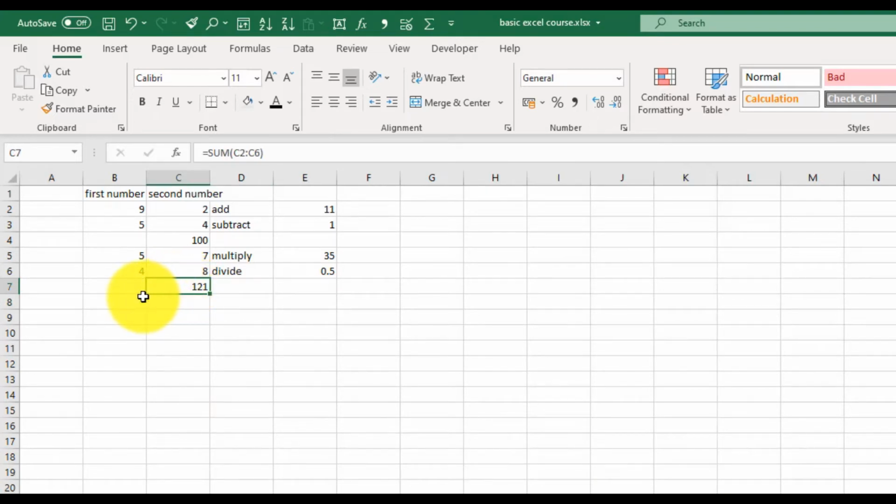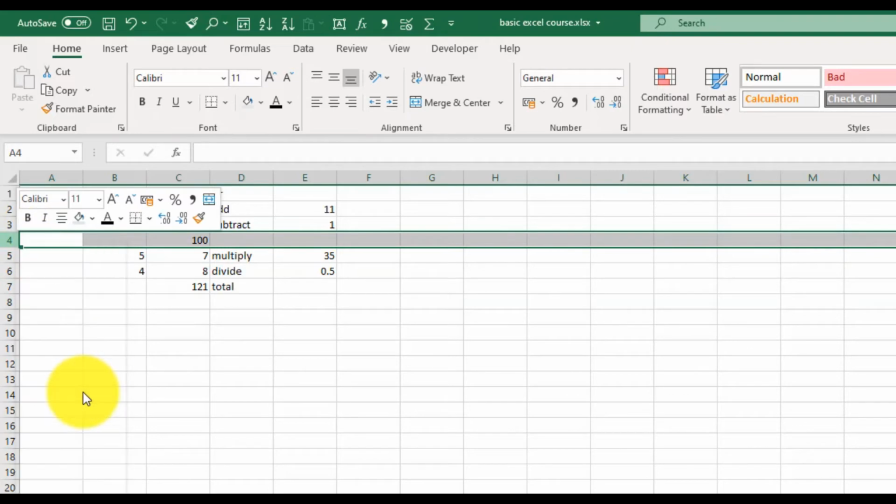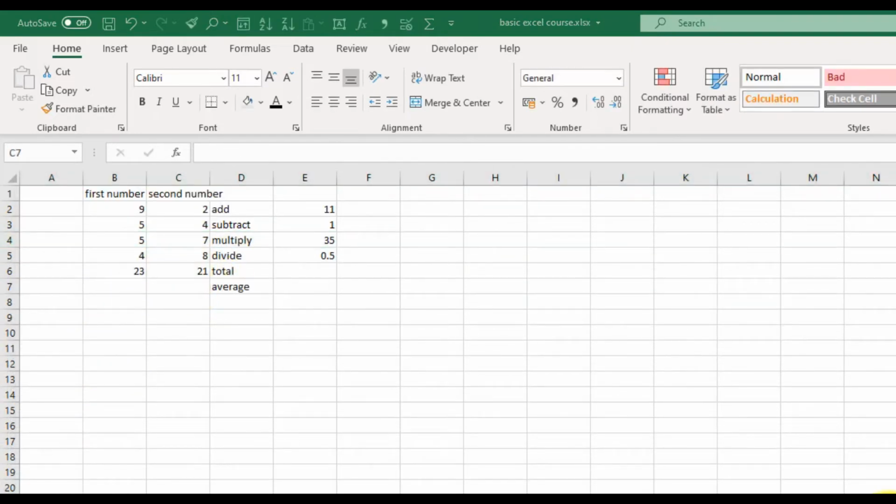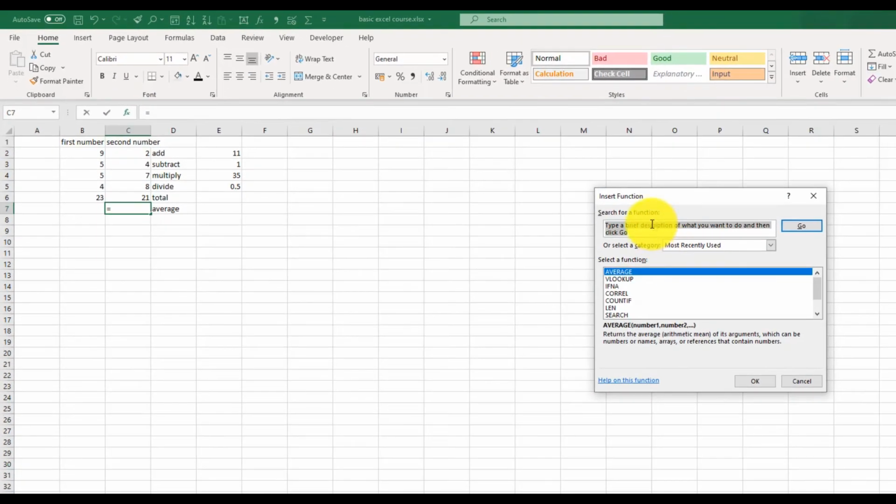Now supposing you wanted the average of these numbers, so here is the total. So let's just delete that row, it looks a bit messy. Okay, suppose I wanted the average here, so I'll just click there, and click the insert function. It may be I've had it recently, in which case you could find it there. Otherwise, just type in the search for a function, average,